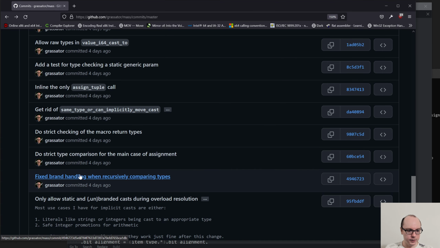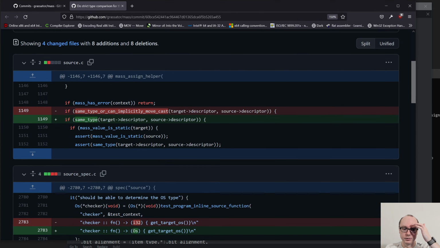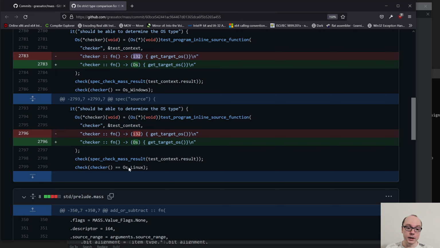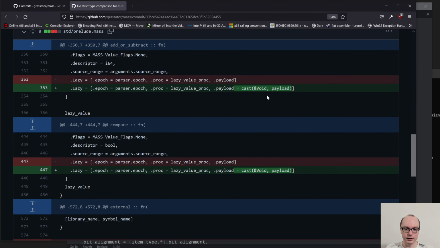What's next? That's not interesting. Do strict type comparison. More on the same topic. Previously it was implicitly cast. Now you have to do exactly what it says, and it even caught a small problem in tests where we were returning, like it was the same size, but it wasn't the same type, which was problematic. And here's the same thing,